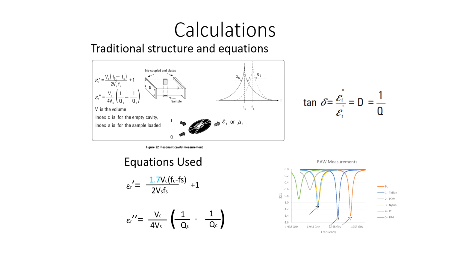We need to know the frequency, original frequency, and the shifted frequency. We need to know the volume of the sample contained within the chamber. And based on those, the cavity frequency and the shifted frequency with the sample inserted, we can calculate epsilon prime. Now, when we do the calculations, and I've done the calculations, I don't get the result, which is unfortunate, but